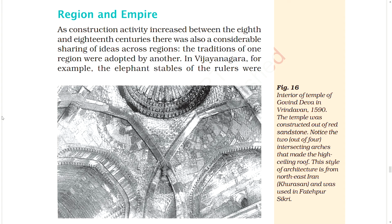Region and empire. As construction activity increased between the 8th and 18th centuries, there was also a considerable sharing of ideas across regions. The traditions of one region were adopted by another. In Vijayanagara, for example, the elephant stables of the rulers were